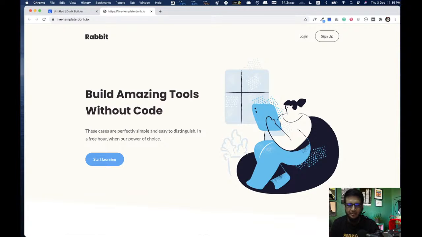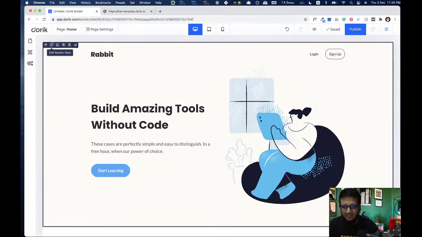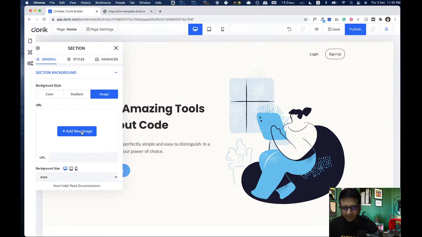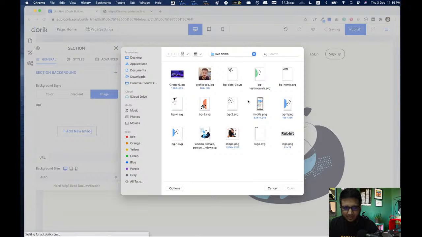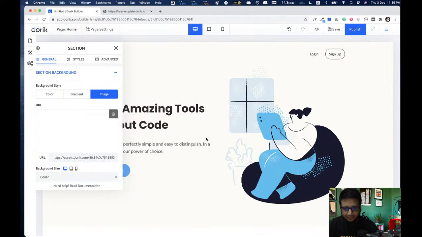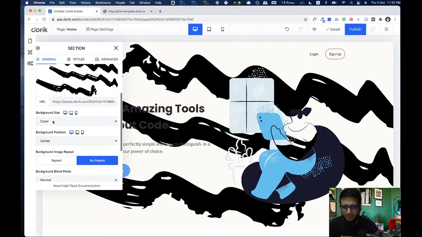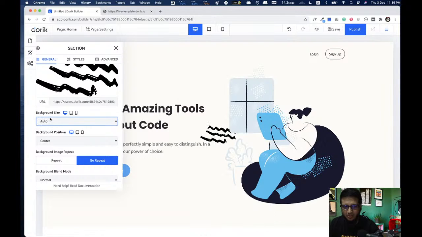And we have one small image in the corner. So here it is. I'm gonna edit. Here it is, edit section. I'm gonna add background, and our image is this one. Okay, you see this image is really large because the background size is set to cover. If you want the image size to be exactly the same as the original image size, just keep it auto, and there it is.